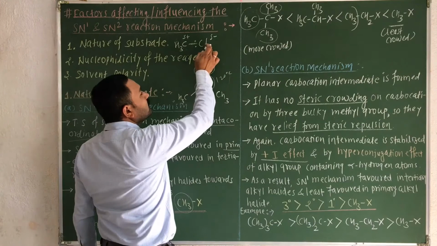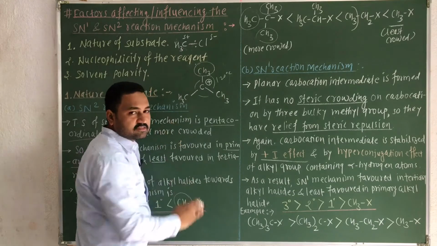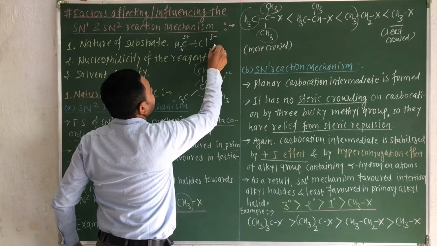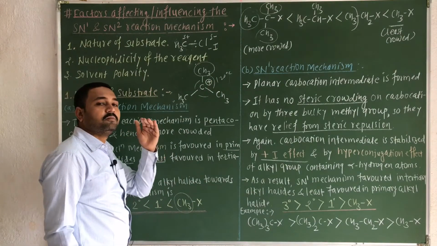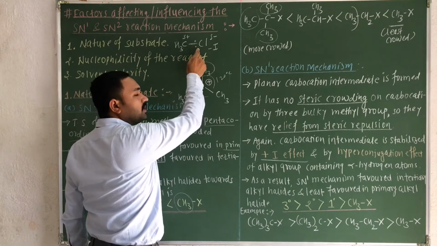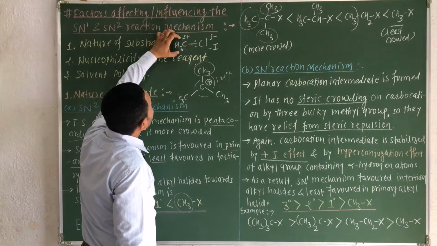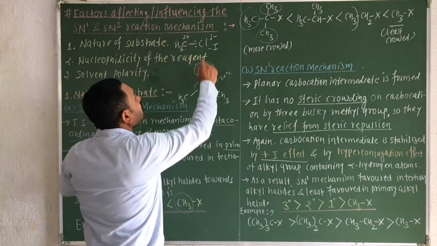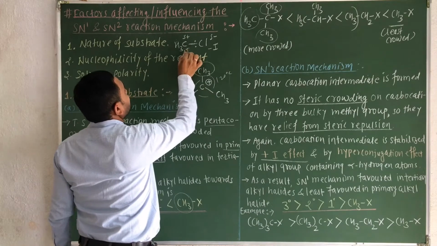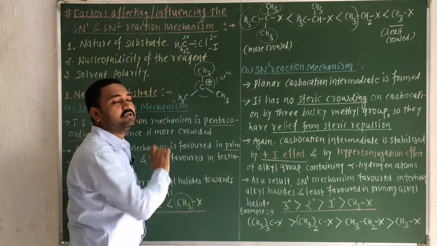Now, as chlorine has more electron density, it attracts or permanently polarizes this bonding pair towards the chlorine atom. That effect is called the minus I effect, the negative inductive effect, as the bonding pair is shifting towards the chlorine. But as this methyl group releases its bonding pair towards the carbon atom, it will obviously have the plus I effect. That means, in short, these methyl groups are electron releasing groups.